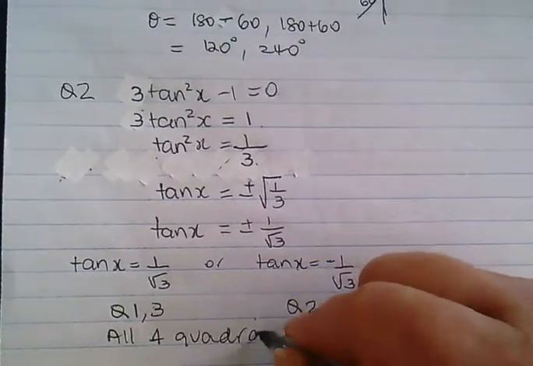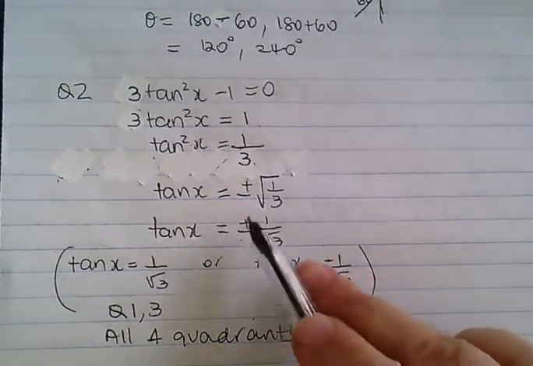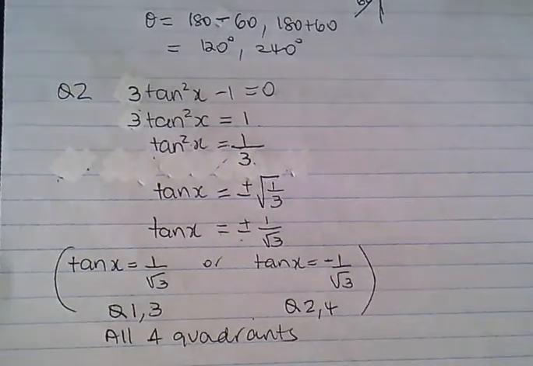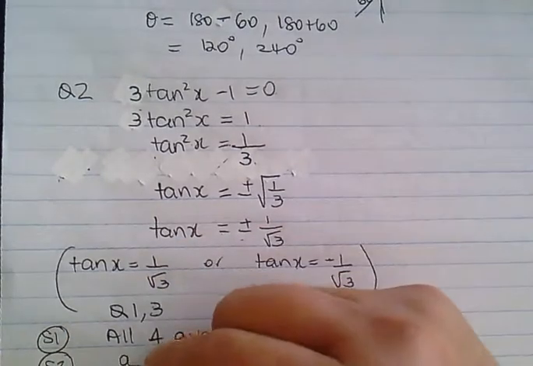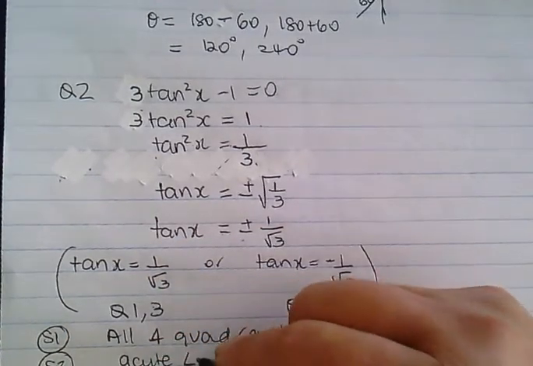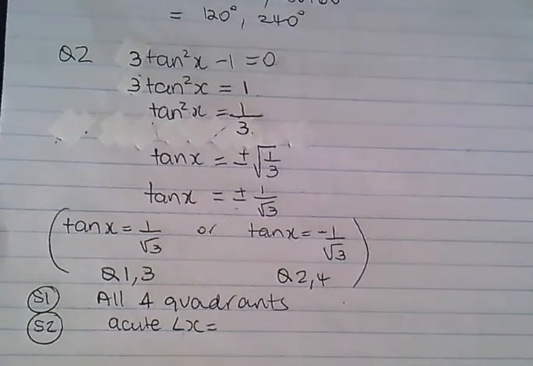Now that was my step 1. But from now on, you don't need to say that. From here, you just say x lies in all 4 quadrants. Do you understand why? So remember, step 1 is the quadrants. Step 2, the acute angle. Acute angle x. Tan of what is 1 on root 3? Tan of